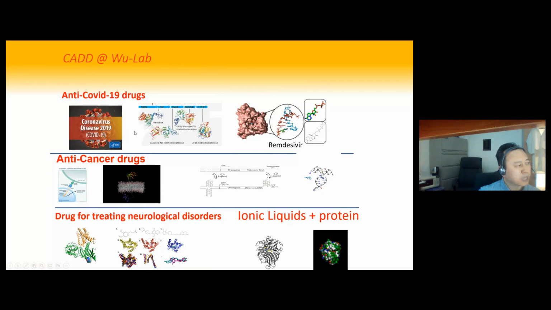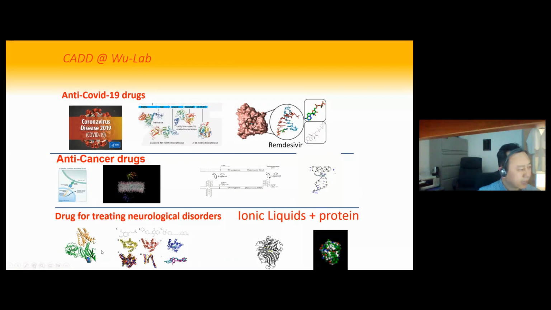So we use those computational techniques to develop anti-COVID drugs. The projects I will talk about in a couple of slides are the anti-COVID antiviral drug development, and then the anti-cancer drugs. I just discussed the T cell receptor design, and then there is a very specific, novel target, the secondary structure in the chromosome, and might be a new class of drug for treating cancer by locking the DNA, which is the blueprint for the organism.